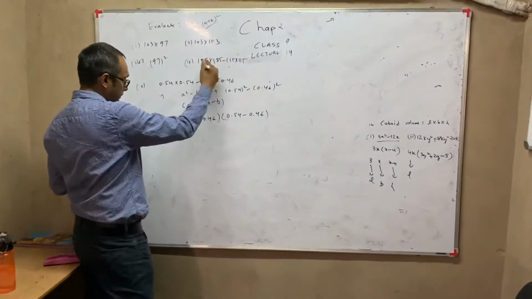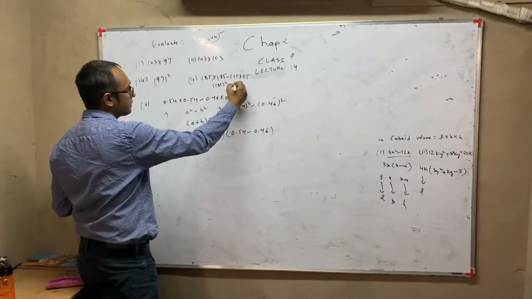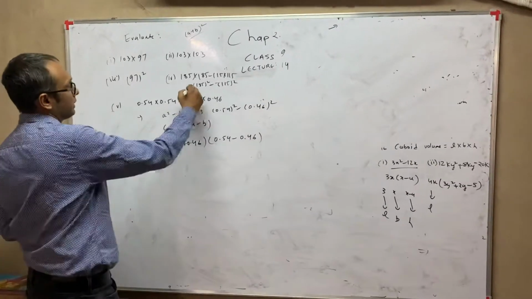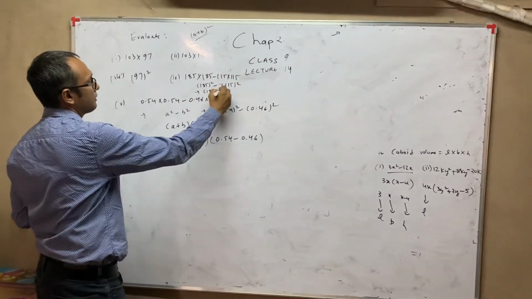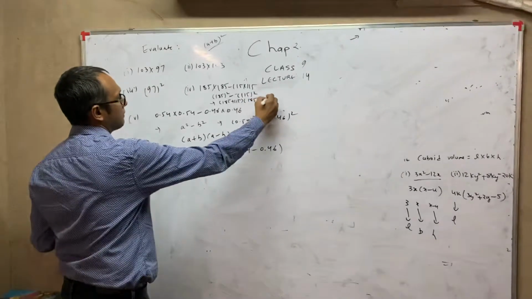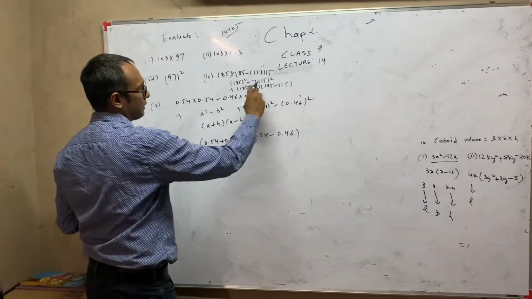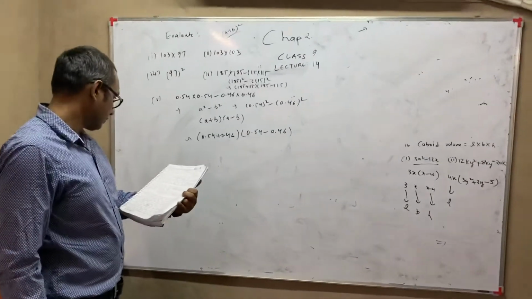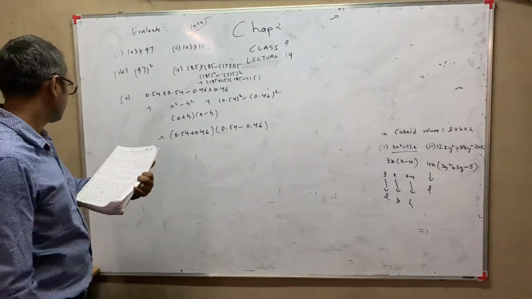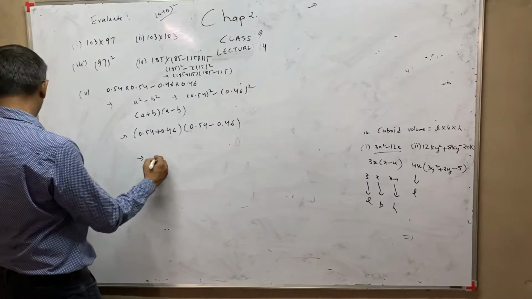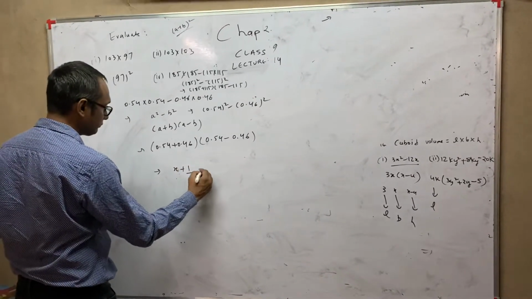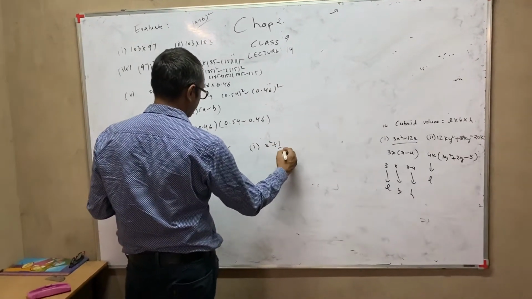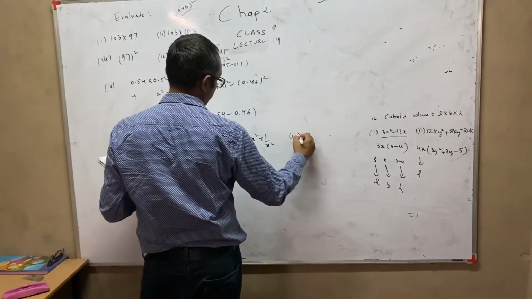Similarly, this sum will also be like this, because it is 185 square minus 115 square. So again you can write a plus b into a minus b: 185 plus 115, 185 minus 115. Then you add this, and whatever is left, you subtract this also, then you multiply. Okay, this was the first question. The first 5 questions are there. Now the second type of sum, which will be asked many times, is this: x plus 1 upon x is this. They have asked you to find the value of this, and to find the value of this.